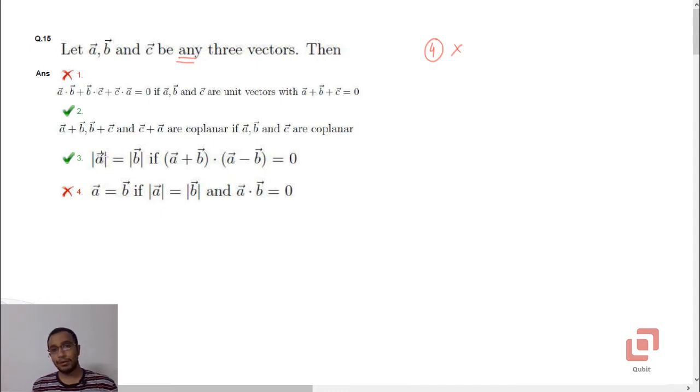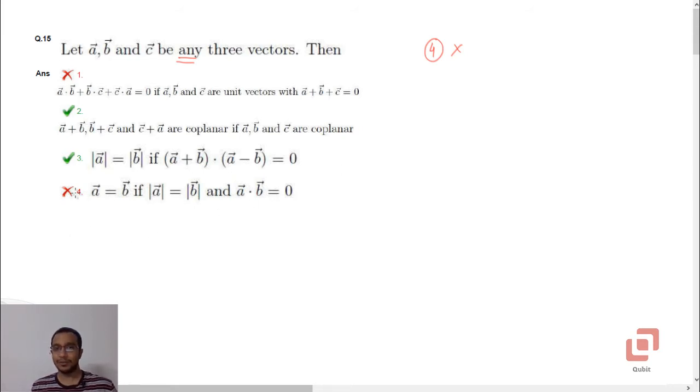And we are given four options, and remember that this is a multiple select question. That means you can have two or even more than two options correct. So we have to check the validity of each and every option. Now what I have done is I have started with the easiest one.